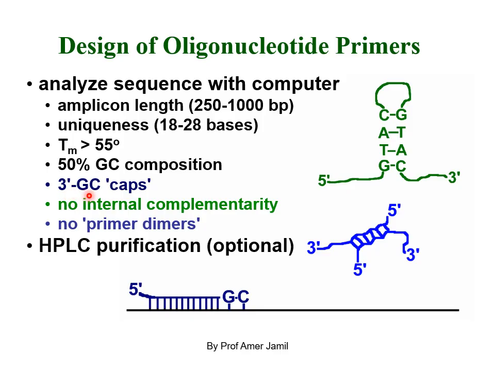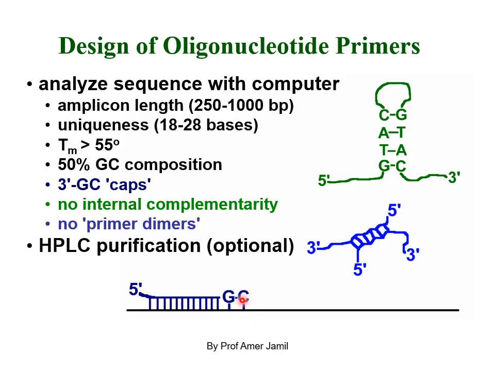the primer. As I mentioned in the last slide, the 3' end of the primer is more important and should be specific, and this GC cap at the 3' end will help Taq DNA polymerase to initiate the chain